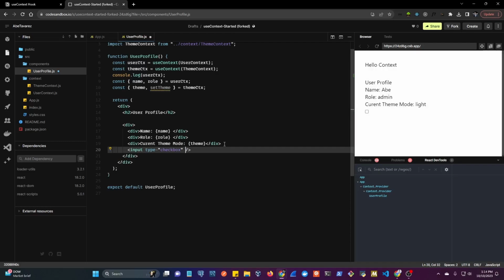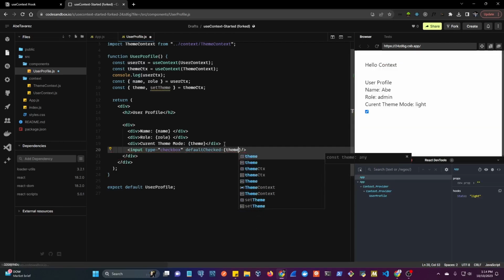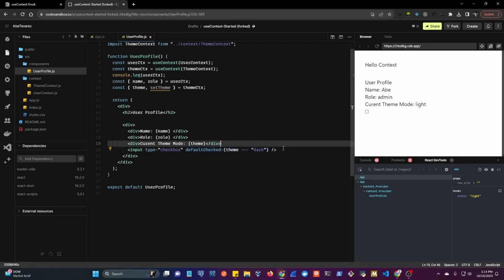And in here, we want the default checked to be true if theme is equal to dark, because right now it's off, and the dark mode is off. Right now we're in light, but when we click this, we want the dark mode to be turned on. So this is going to be checked whenever the theme is set to dark. So we just have this in place, and in order to update the state, all we need